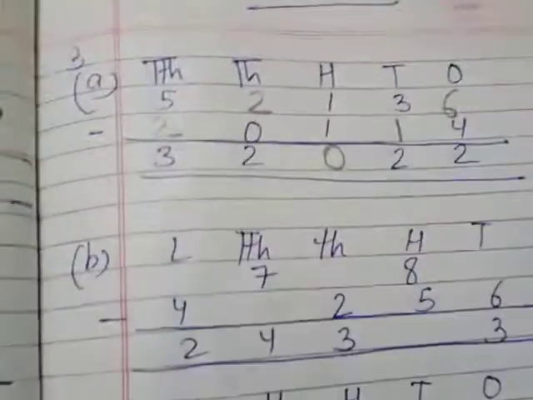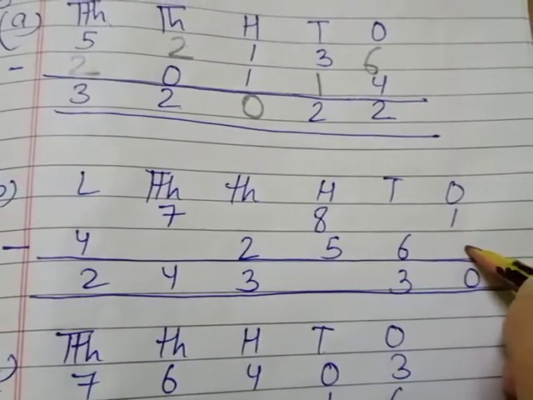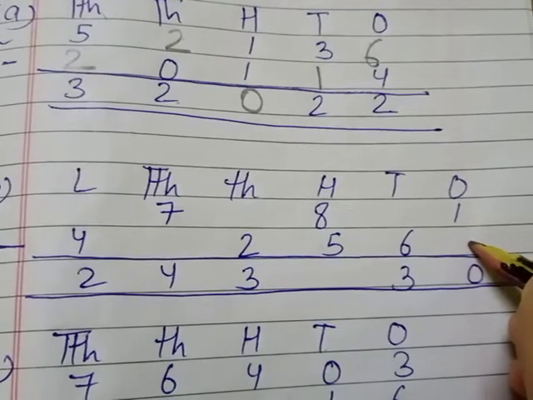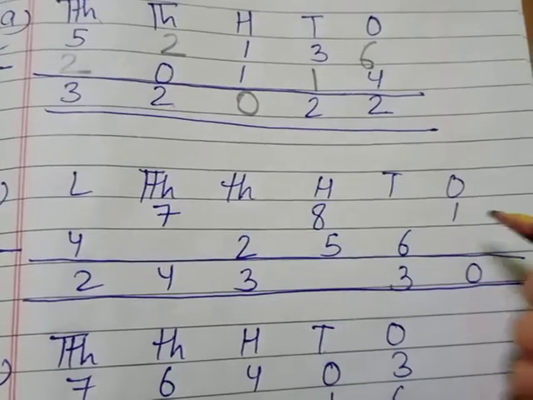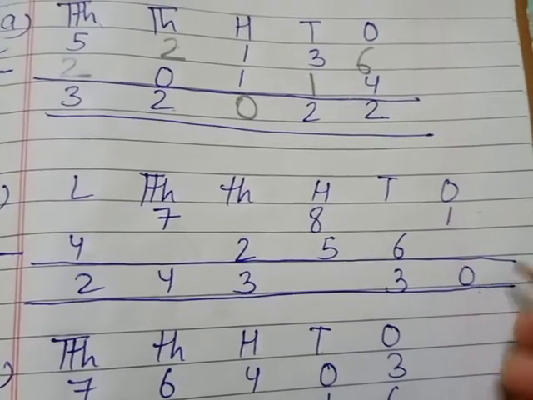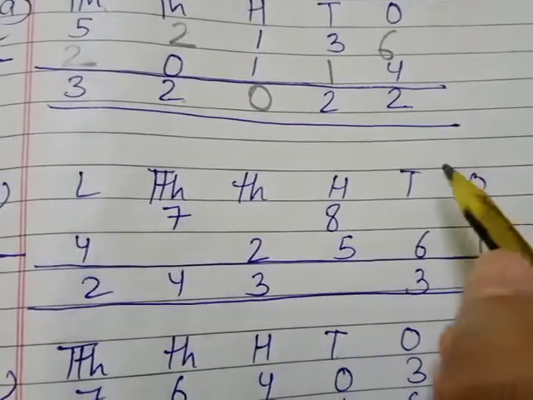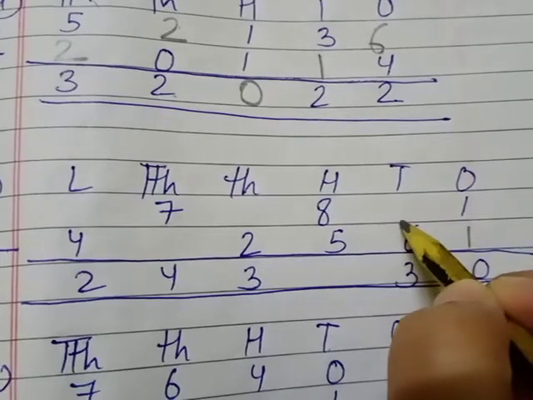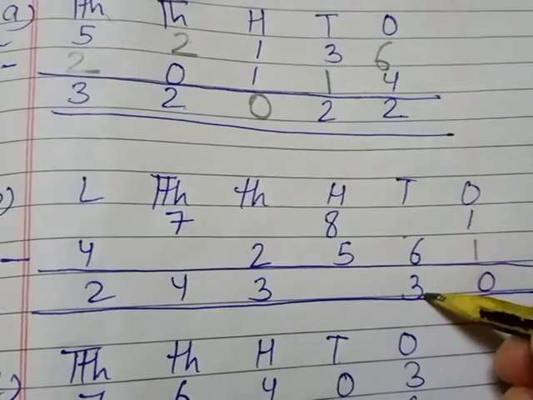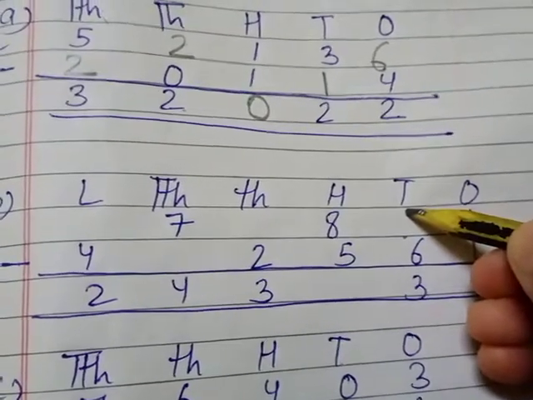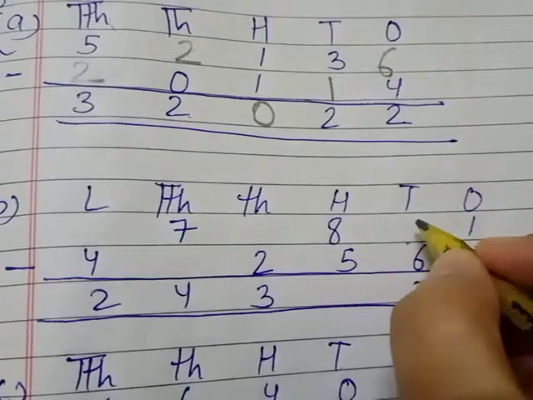Okay. Now we will do question number 2. What we have to find here, first of all, subtrahend. And the rule for finding the subtrahend is to subtract the minuend and difference. So 1 minus 0 is 1 itself. So we'll write here 1. Got it now? Now, for finding the minuend, what is the rule for finding the minuend? We have to add the subtrahend and the difference. Minuend when we have to find, add the subtrahend and difference. So 6 plus 3 is 9.